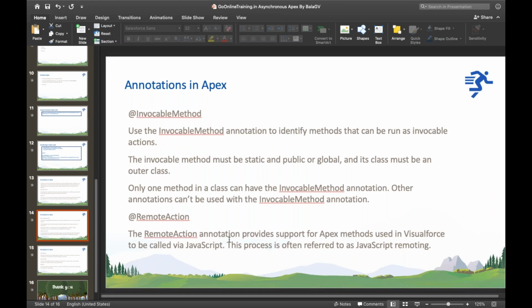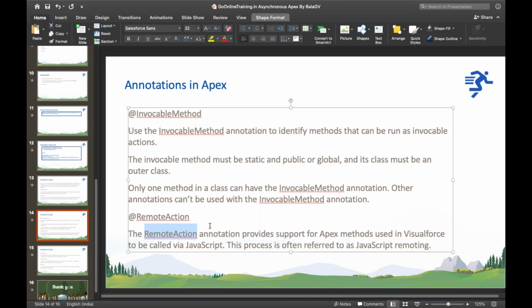Remote action annotation provides support for Apex methods used in Visualforce to be called via JavaScript. So remote action annotations can be used to execute a class using JavaScript in Visualforce or some other way.